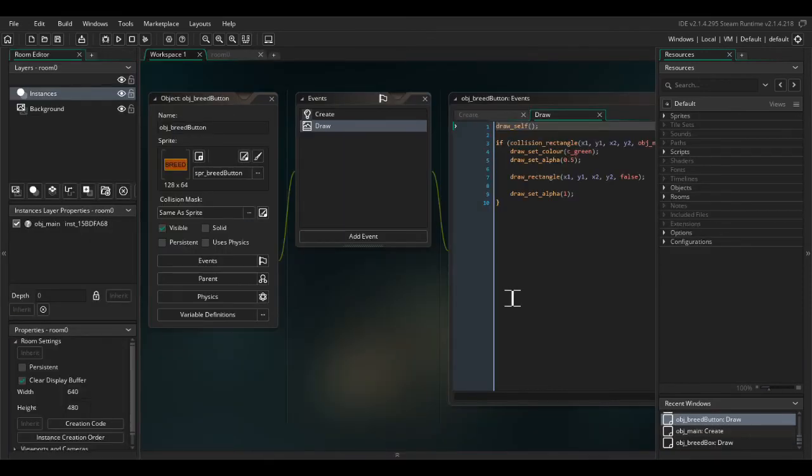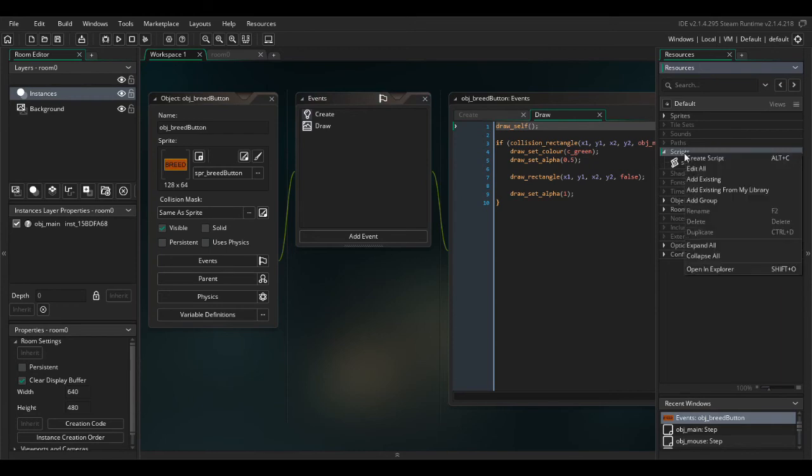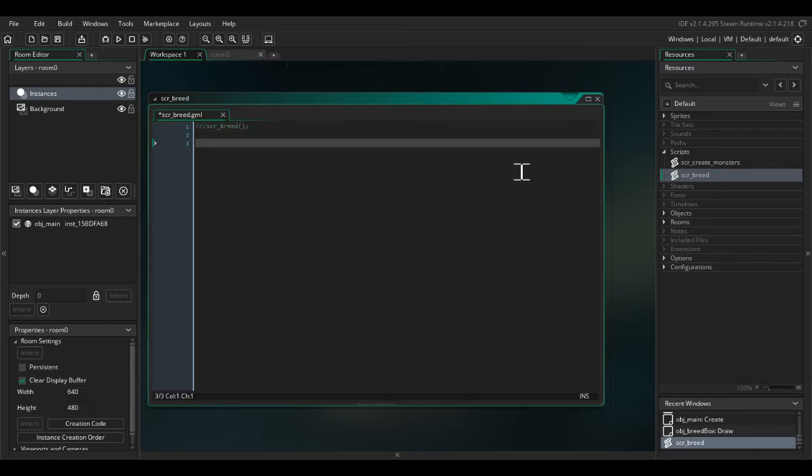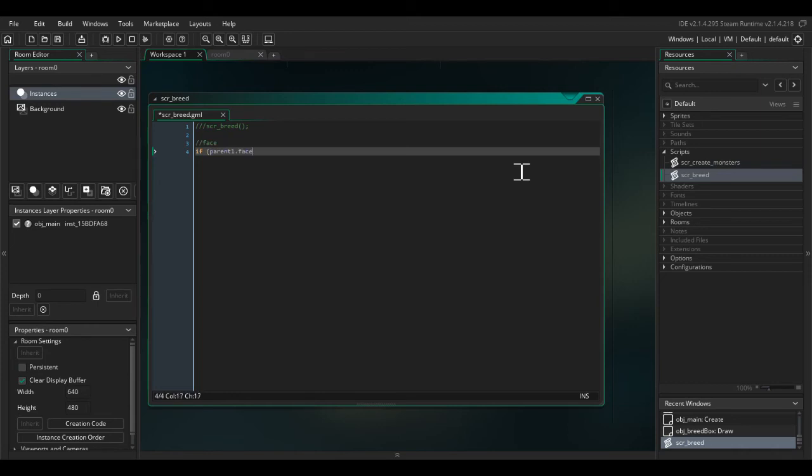Okay guys, so the last piece of code we need to do is going to be in the step event of this object, but before we do that, we're going to write the breed script. So create a new script, I'm going to call it scr_breed. Let's type in here as well, scr_breed. And we're going to use two variables, parent1 and parent2. So we're going to do the face first. If parent1.face is equal to parent2.face, then